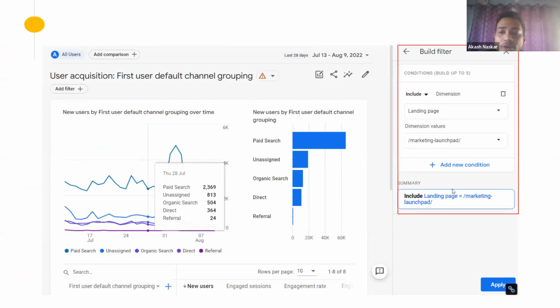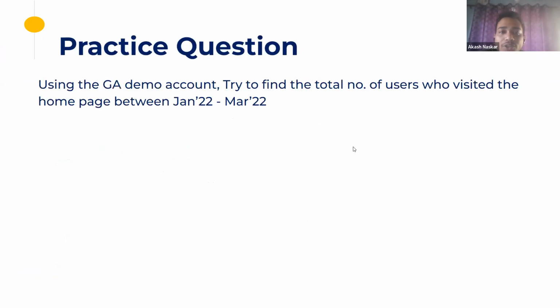Cool. Here, as I was showing you, you can put the landing page here and basically find it, right? Again, I think I've already shown you this, but all of you can quickly practice this: for the demo account, try to find the total number of users who visited the home page between January to March 2022.